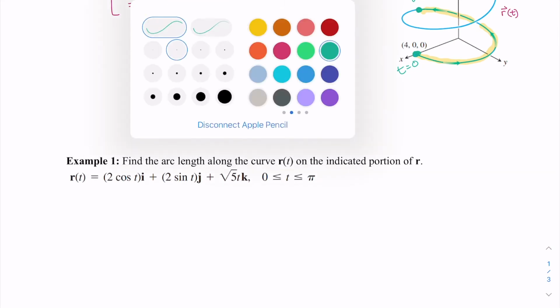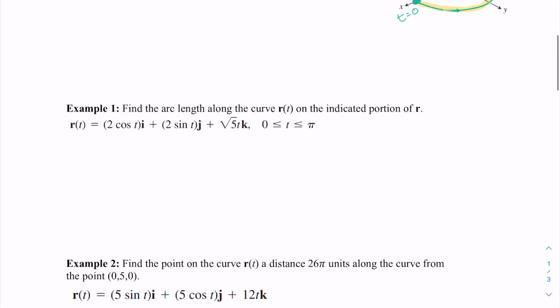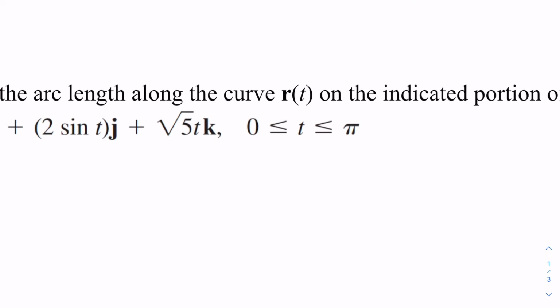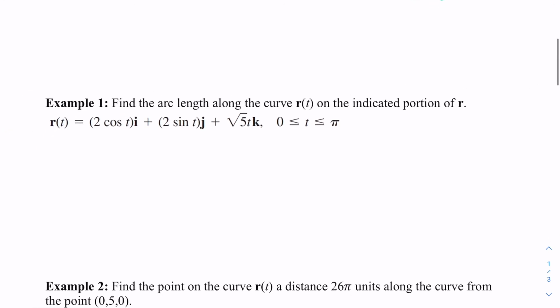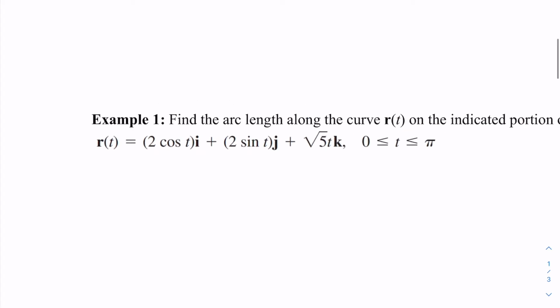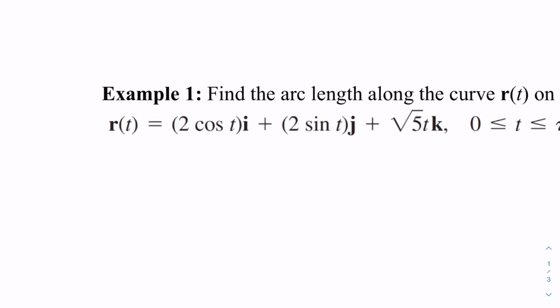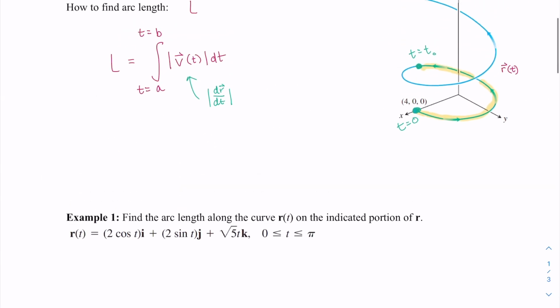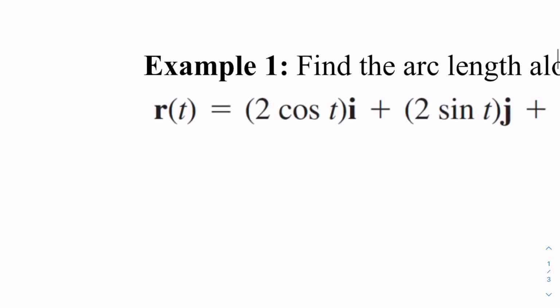Here in example 1, we're trying to find the arc length along the curve r of t on the indicated portion. The portion we're looking at is between t equals 0 and t equals pi. Our function is r of t equals 2 cosine t i plus 2 sine t j plus the square root of 5 t k. The first thing I'm going to do is find the velocity function, so I'll just take the first derivative. I know v is equal to dr/dt,